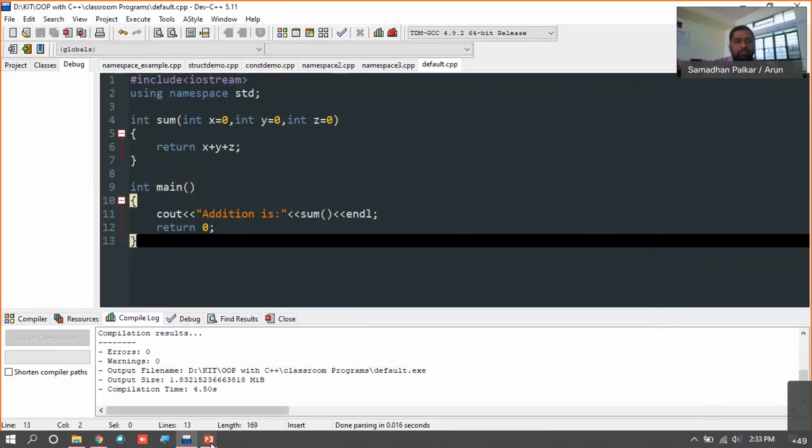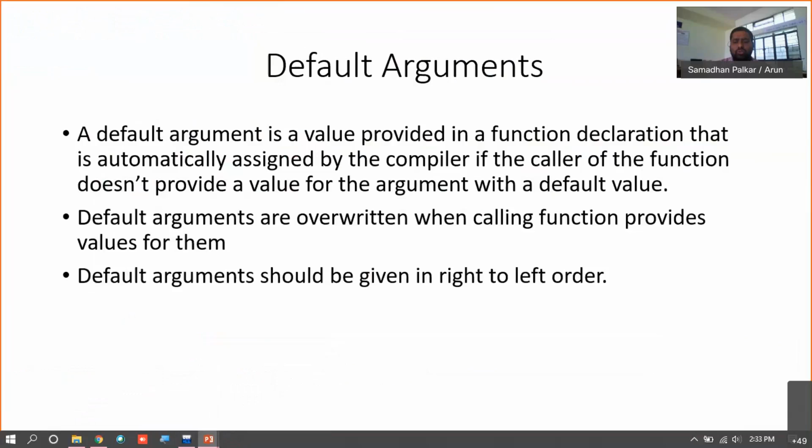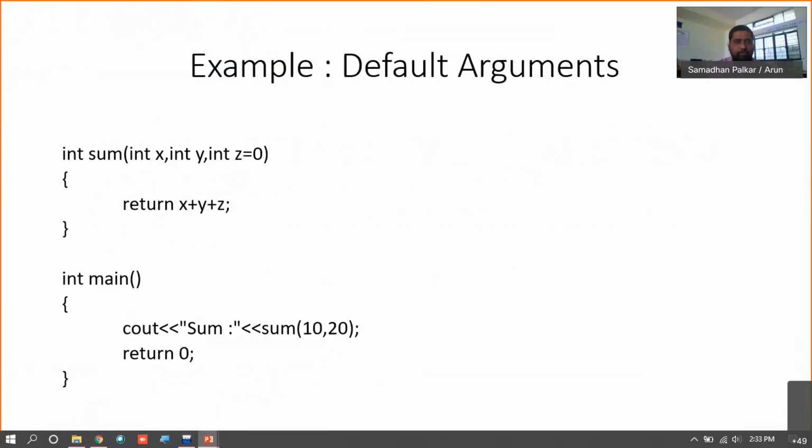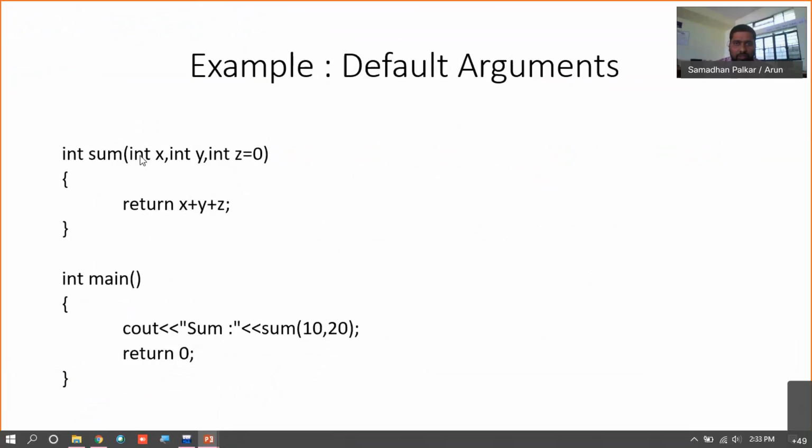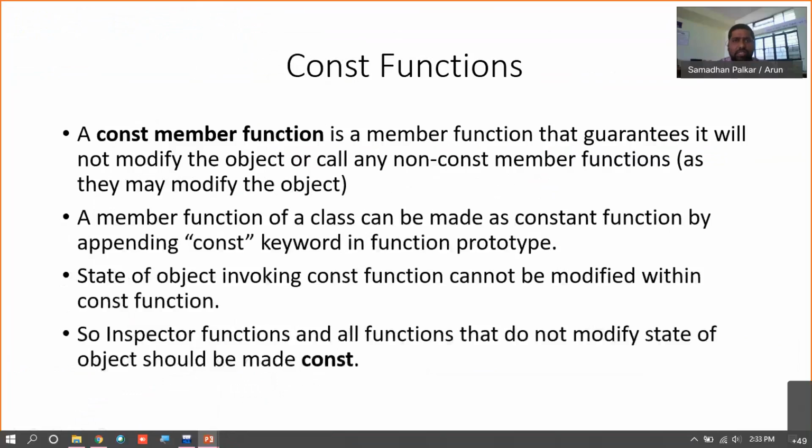So this is about default arguments. Have you understood this thing, default argument? It's quite easy. Now next is about constant functions, which are not inside your syllabus. Still it is important, so I'm going to cover it.